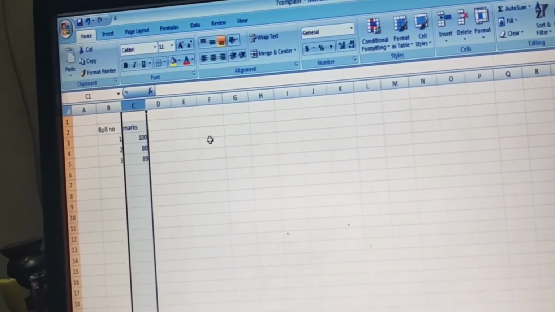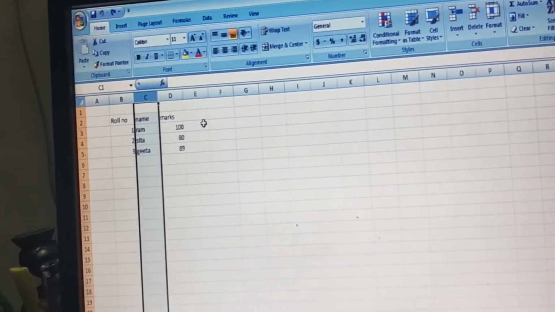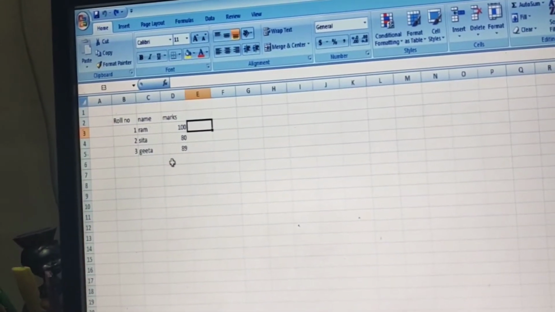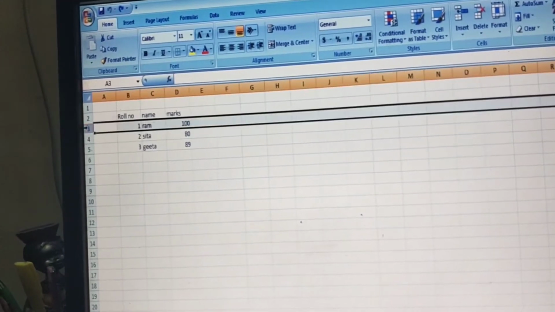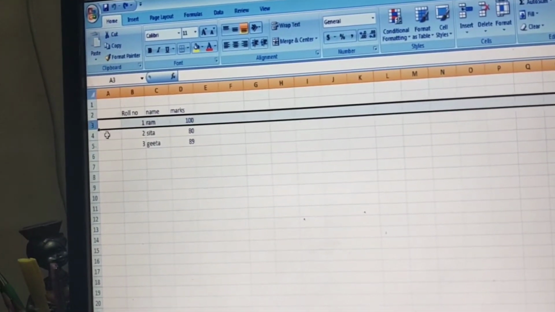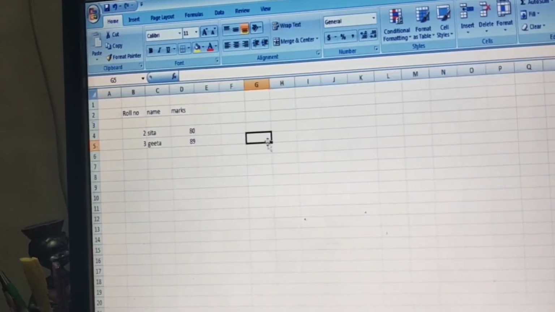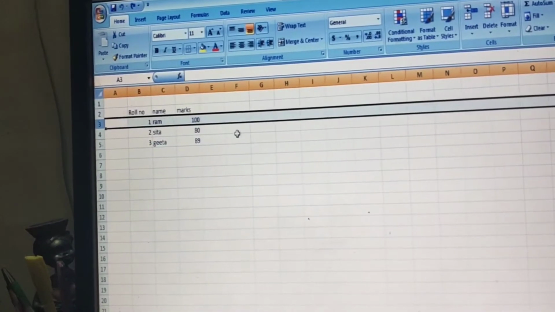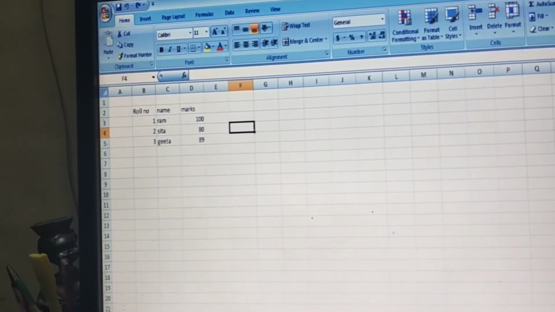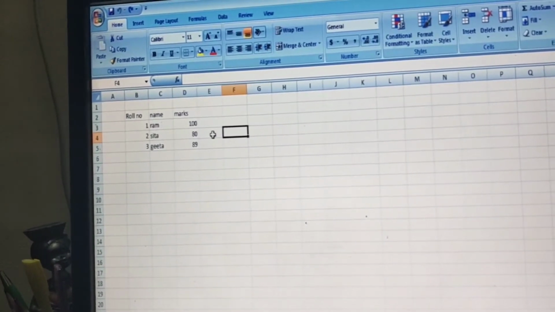And if you want to get it back, then you need to press Ctrl+Z and your data is available. If you want to delete row contents, click on the row heading, click on delete, and then your contents are removed. That's how you can delete the entire row and entire column contents.